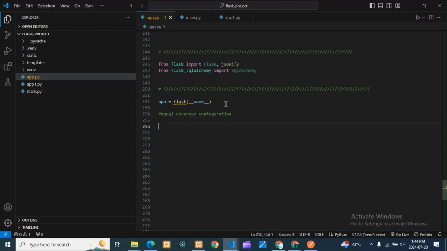To do that we need app.config, here SQLALCHEMY_DATABASE_URI.